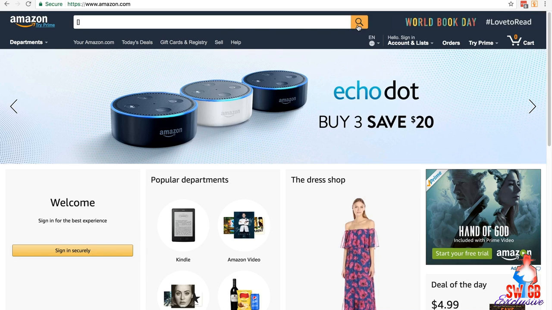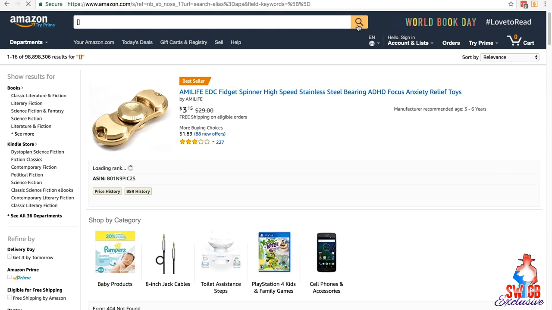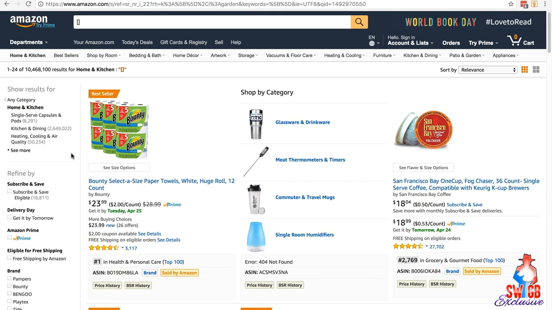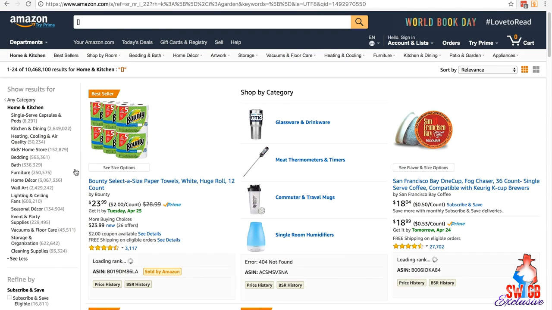we click search. Now obviously we're not searching in a specific category here, and that is what we want to do. And to do that, all we need to do is go to the sidebar and click on See All 36 Departments. Now the number may vary here, but basically you just want to click on See All Departments and then select the category you want. So I want to look in Home and Kitchen. I click on it, and we're now in Home and Kitchen using our search string,